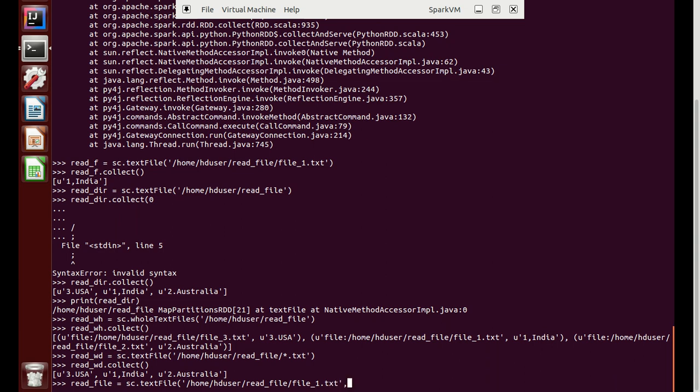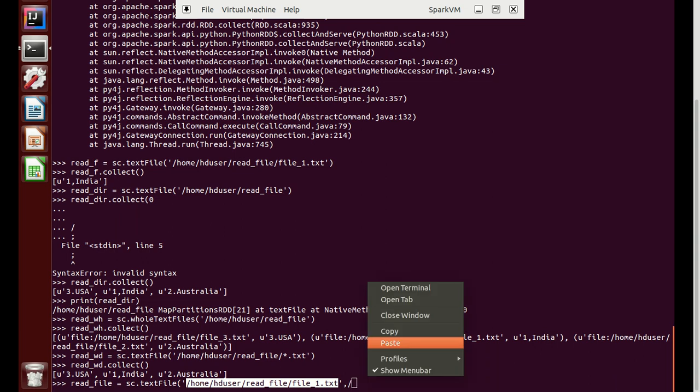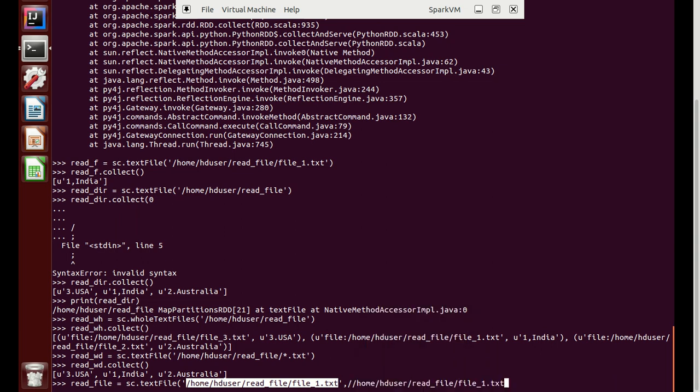Similarly, we will try to copy it. It's very difficult to copy. Okay, we copied it and we paste it. Sorry, we will read file.txt and we'll remove it. We can have multiple syntax errors.